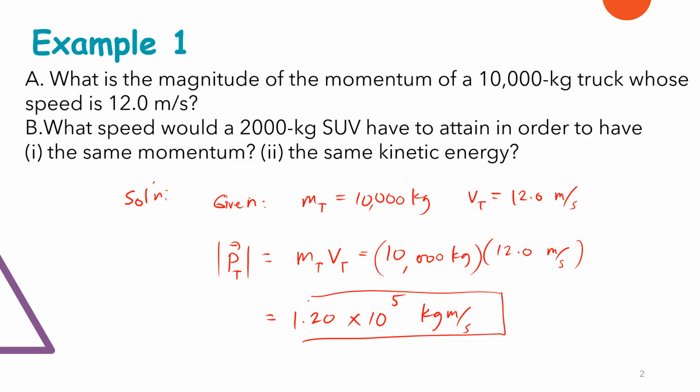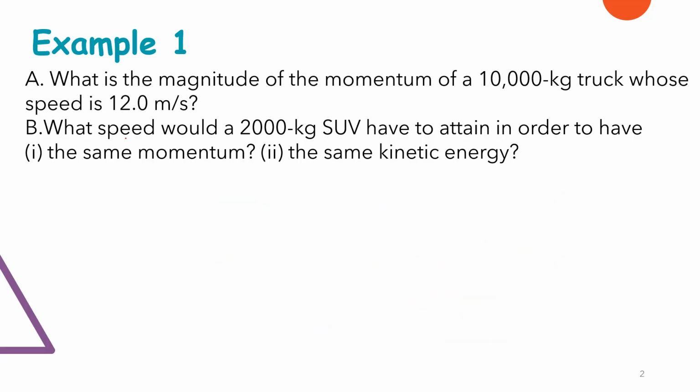What speed would a 2,000 kilogram SUV have to attain in order to have the same momentum with this 10,000 kilogram truck and the same kinetic energy? So for letter B, we need to solve for the Vs. Okay, the speed of this 2,000 kilogram SUV we're given is